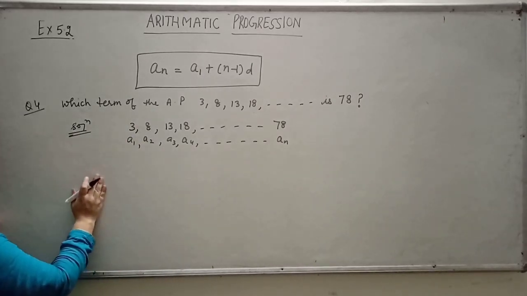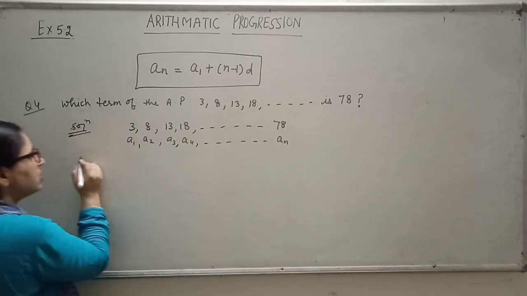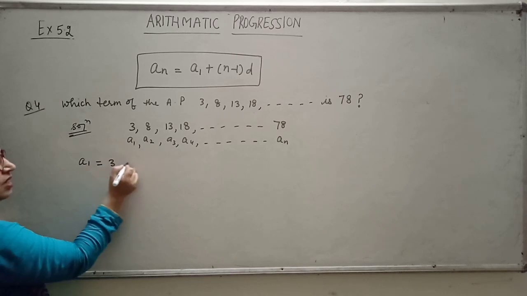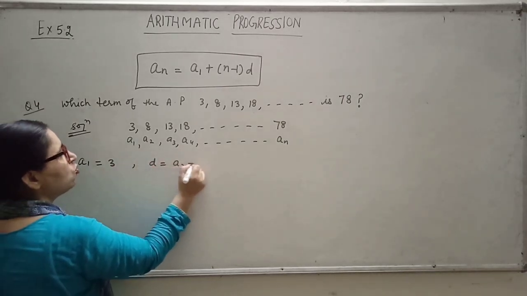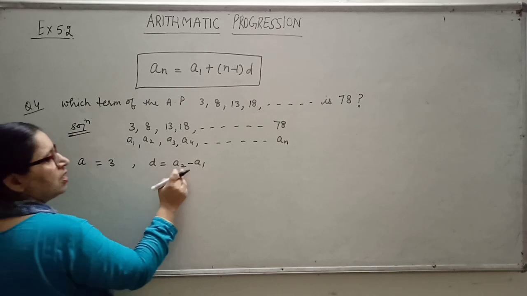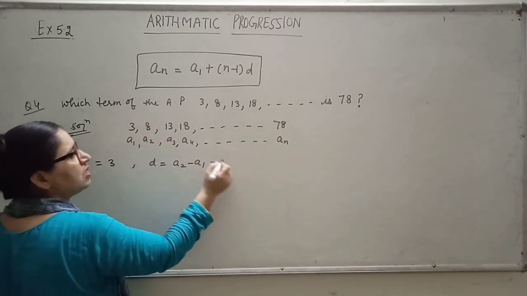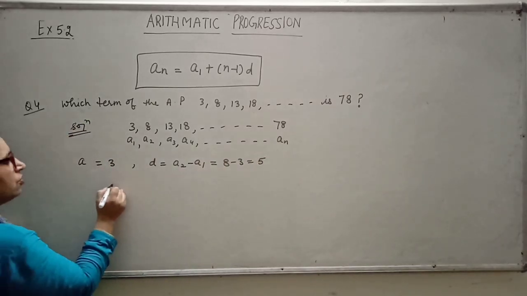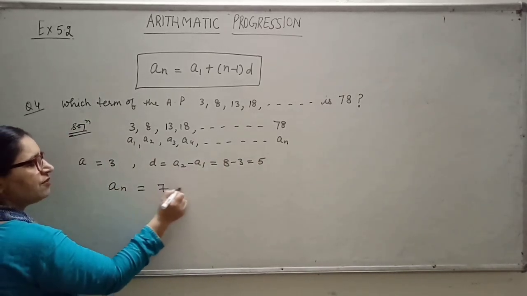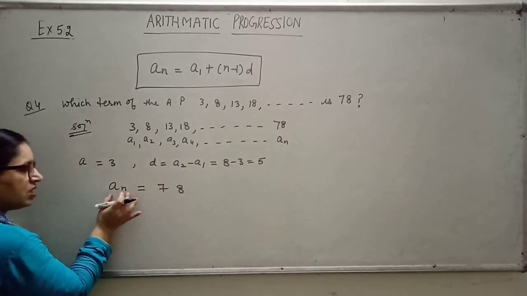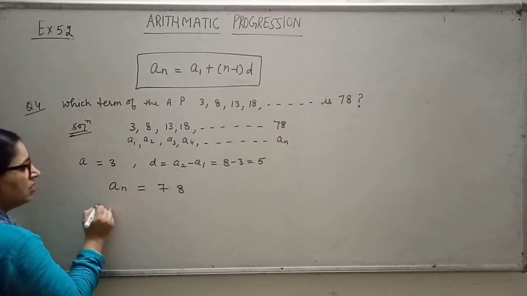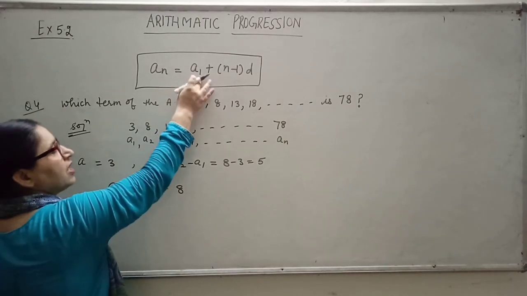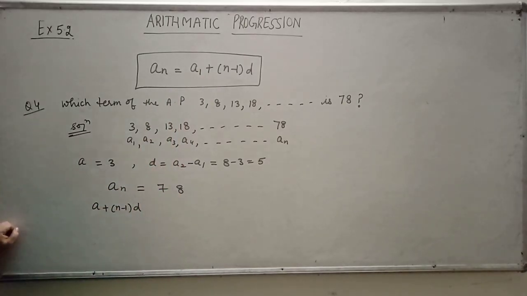Okay. So what is A1? I told you earlier also, whenever you have been given an AP, first of all you should write what is the first term, that is A or A1, and what is D, that is A2 minus A1. इसको A लिख लीजिए, कोई बात नहीं. A2 minus A1, that is 8 minus 3, this is 5. Okay. After this, you write down your AN. Your AN is given 78. Okay. And what is the formula for AN? I have already written. This is A plus N minus 1 D. बेटा मैं बार बार बोल रही हूँ कि A1 है या A है, ये दोनों सेम होते हैं, चाहे A1 लिखिए चाहे A लिखिए.